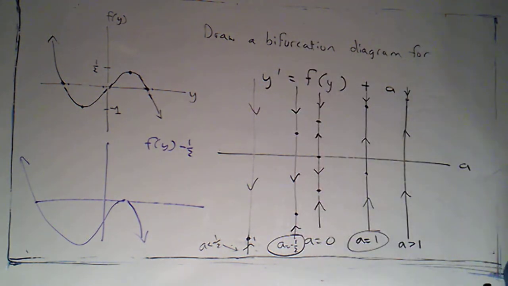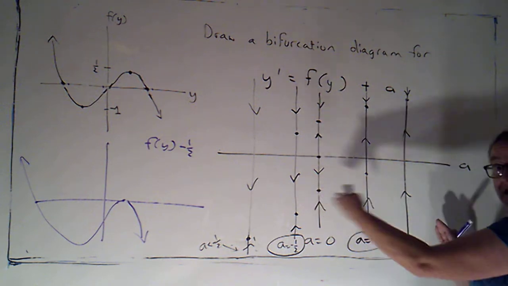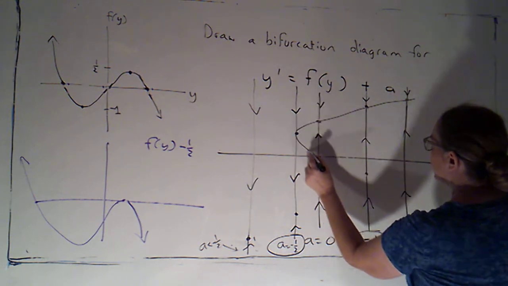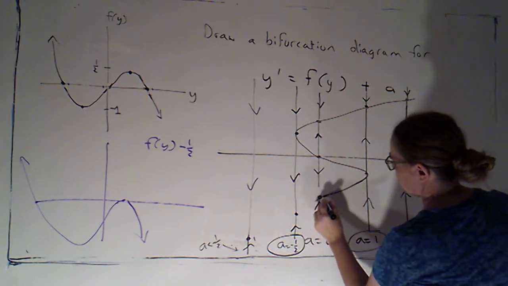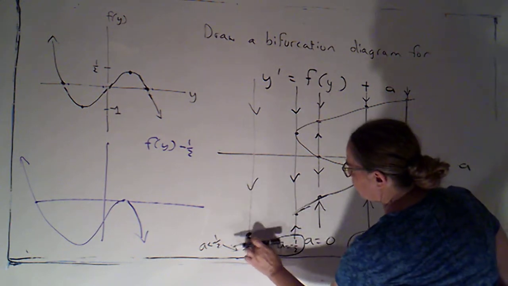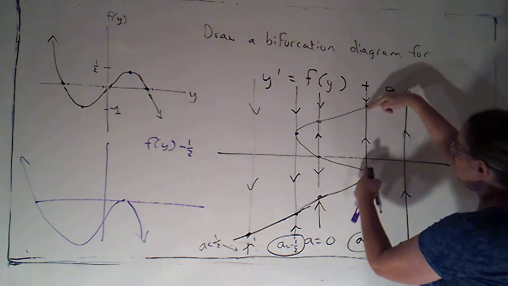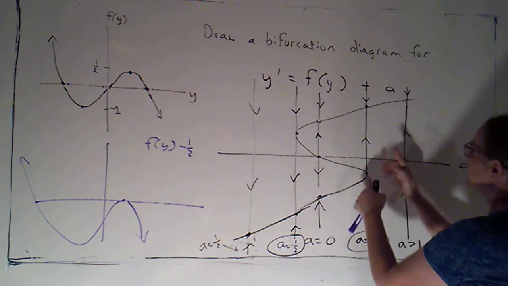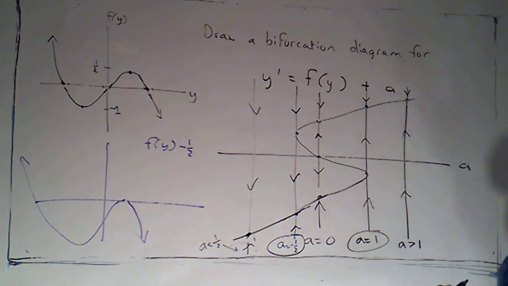Okay. Now, don't forget, when we're drawing our bifurcation diagram, we want to connect the dots. So we want to have these phase lines drawn in, but then we want to see the pattern. So I would basically have a curve that looked something like so. I'm going to just even this out so that it looks like a nice smooth curve. So I can see, okay, I've got these two equilibrium points that sort of collapsed into one. I've got these two that collapsed into one. But to the right of here, I don't have one like that. To the left of here, I don't have one like this because it disappeared. So my bifurcation diagram is going to look something like